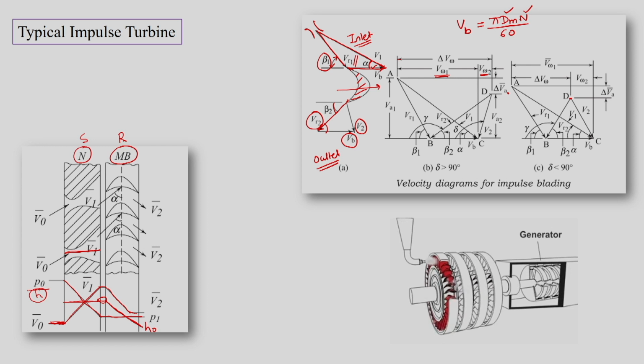for creating the torque. If we have the angle more than 90 degree, then the change in Vw is basically the summation of Vw1 and Vw2. But if we have an angle which is less than 90 for absolute velocity, then Vw1 will be bigger than Vw2, and their directions are opposite. So delta Vw is Vw1 minus Vw2. This is what we should also remember. Knowing these things, we can go ahead and do further analysis for the velocity triangle.